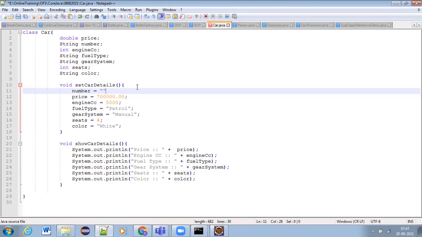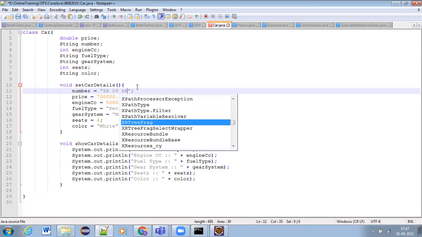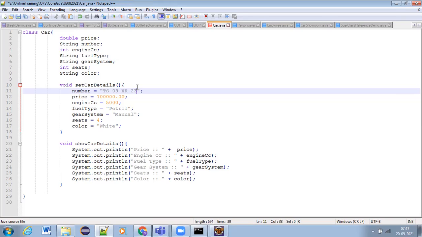Even though the name is number, is the car number a numeric value or a string value, guys? It's a mix of characters and numerals, so it's a string only, right? So give the number like TS 09 X or 231514, anything.